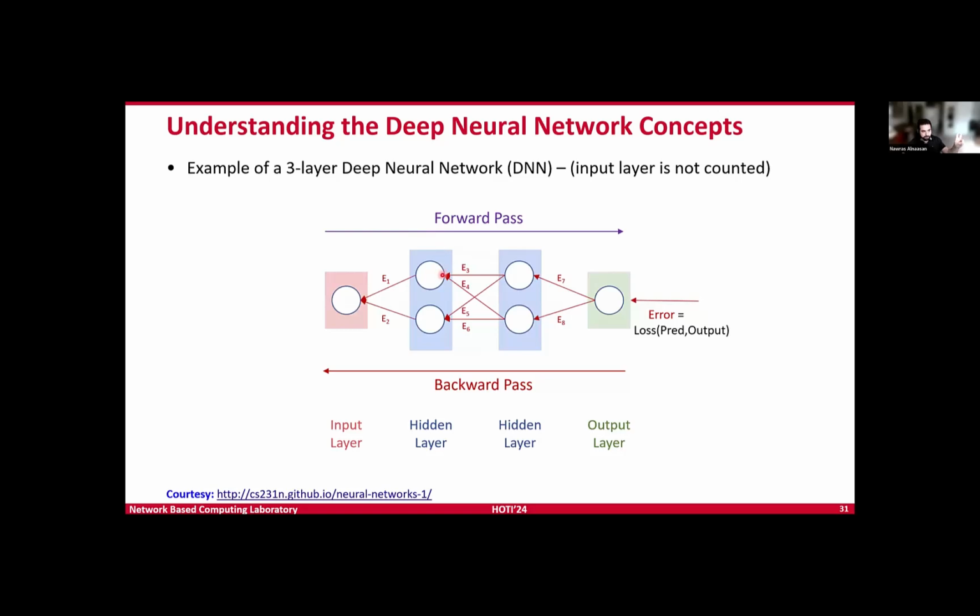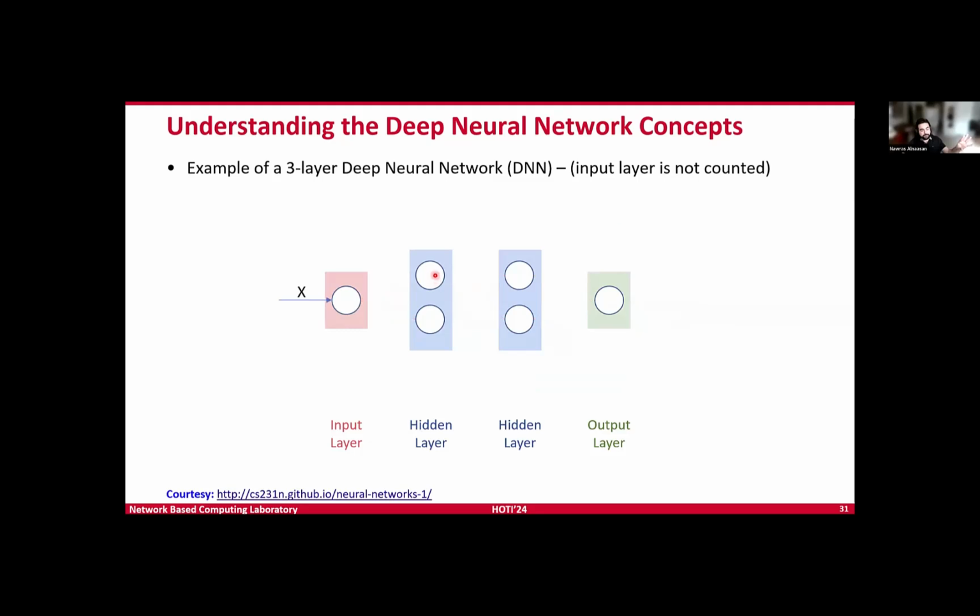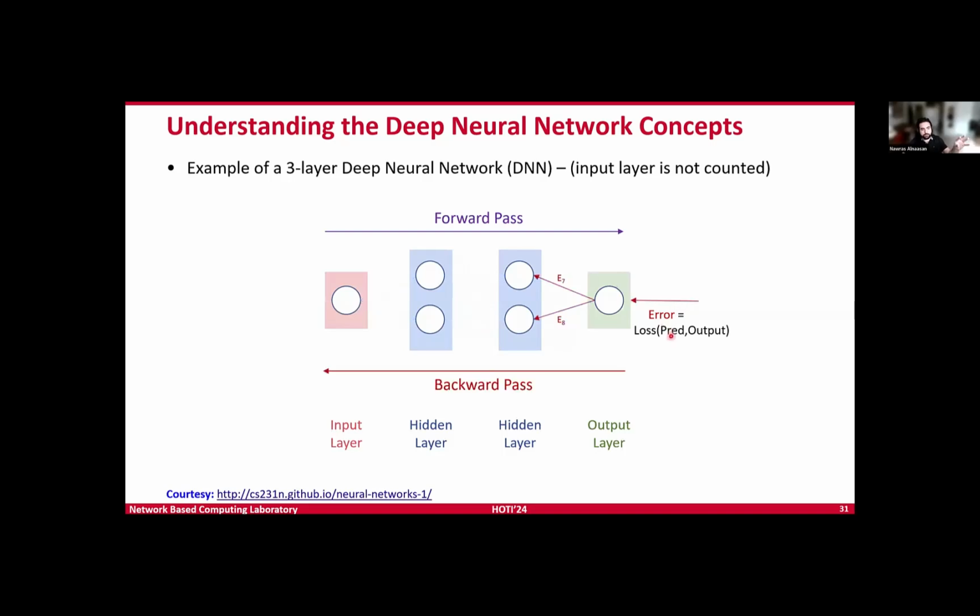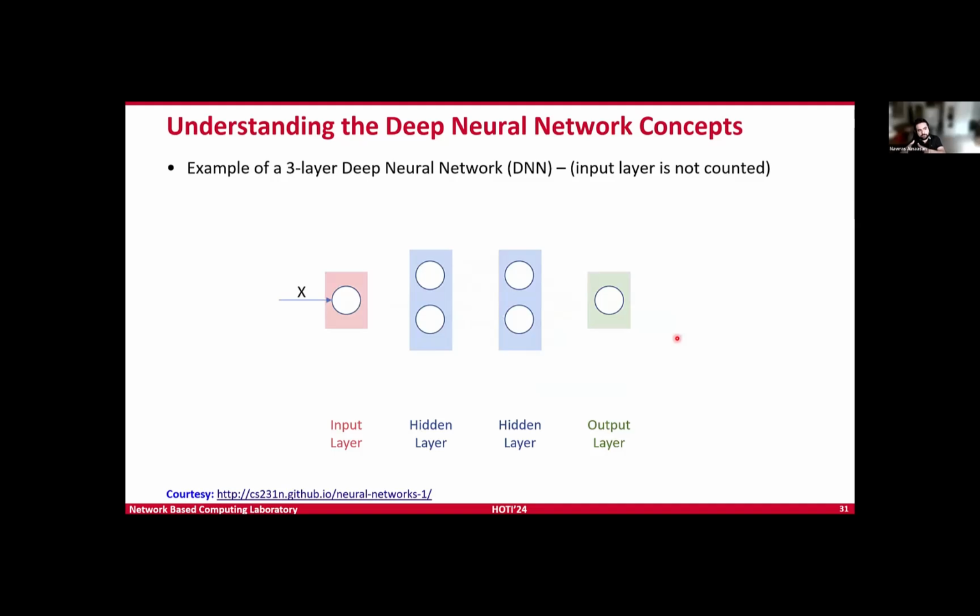All of this happens in mainly 2 phases, the forward pass and the backward pass. During the forward pass, we take the input and multiply it by the weights. This is called propagation. We're taking the input and propagating it to the next layer, and the same thing happens with the layer after until we get the output. Based on this output, we will calculate something called the loss or the error. This simply compares the prediction that we got, the output of the network, with the actual expected output, in other words, the ground truth.